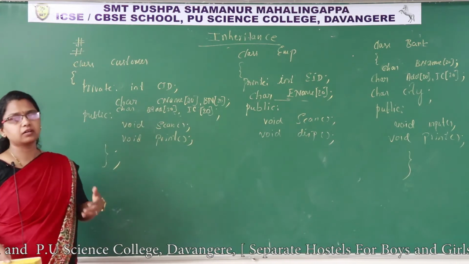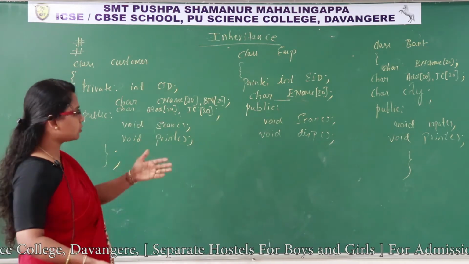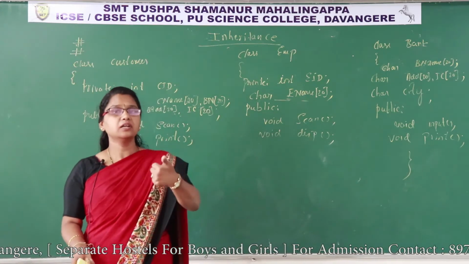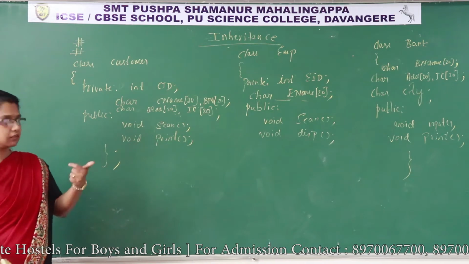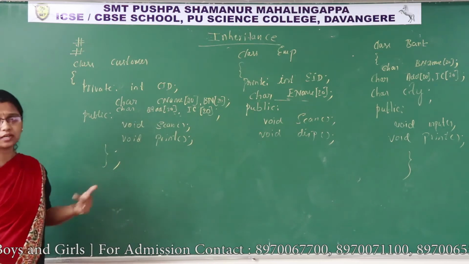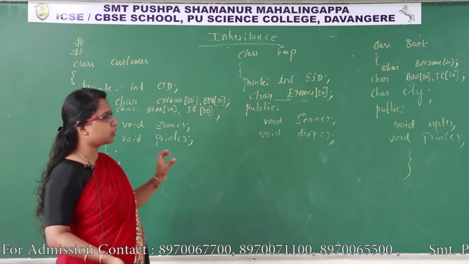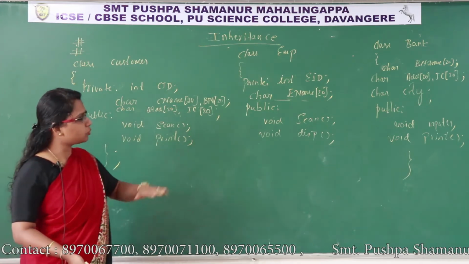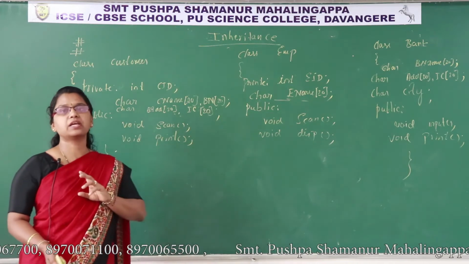We can save the memory location, and every time in these two classes it has to compile. So these things we can avoid using the inheritance concept. We can avoid repeated multiple copies, and we can avoid the same thing being repeated in multiple classes, and it can reduce the time, execution speed is more. Are you understanding? So that we can easily handle the program along with the existing feature, and we can add the extra feature. So these are the situations and these are the requirements. So it makes us use the concept of inheritance.